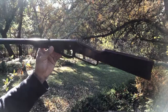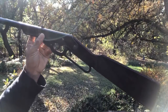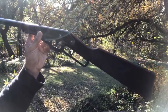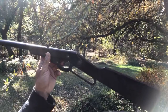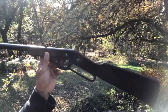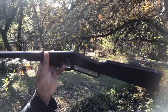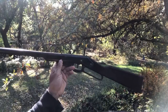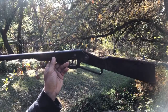So there it is. A 2233 made somewhere between 33 and 35, shooting quite nicely out at 20 yards. And after I clean this up a little bit, I'm sure it's going to hit out at 50 with no problem. It might even hit out at 50 as well